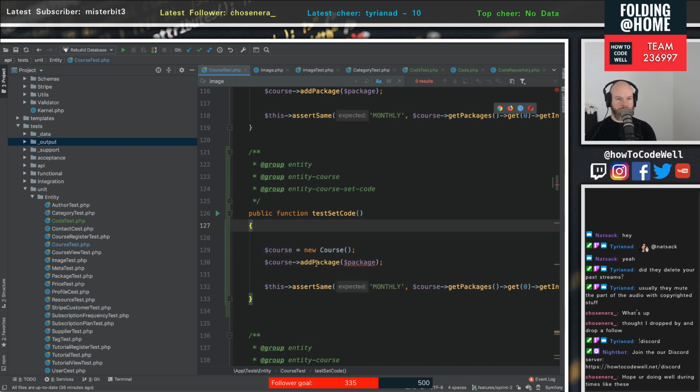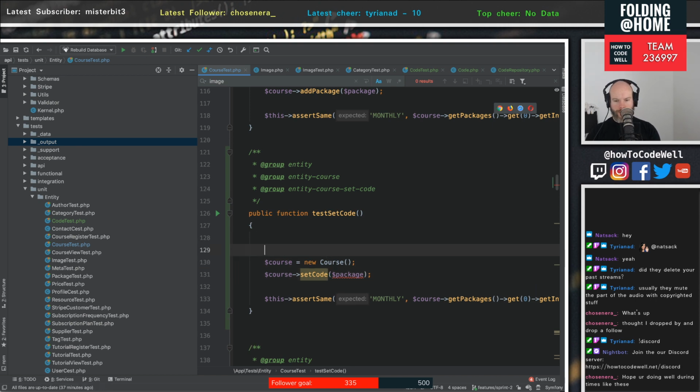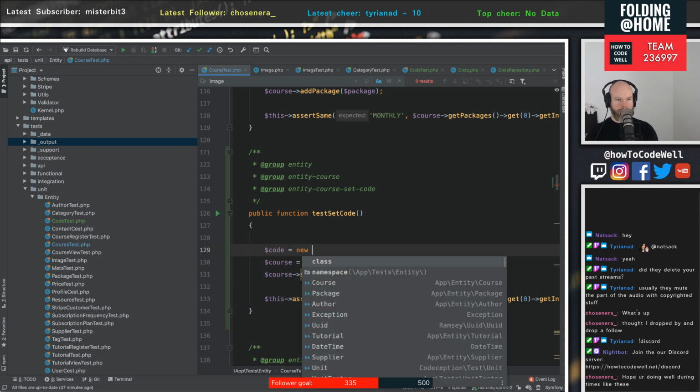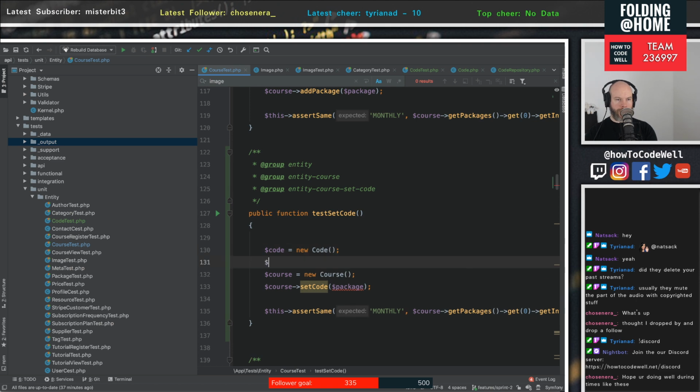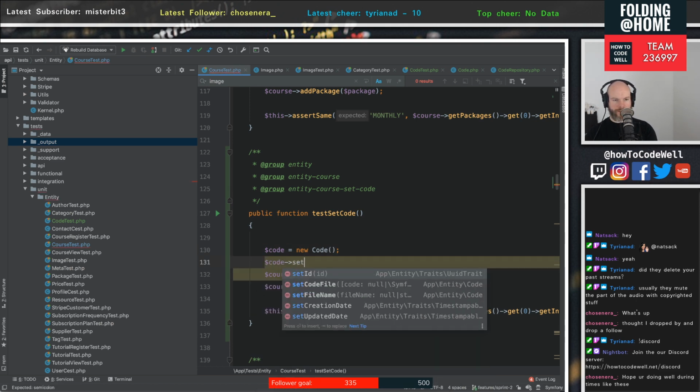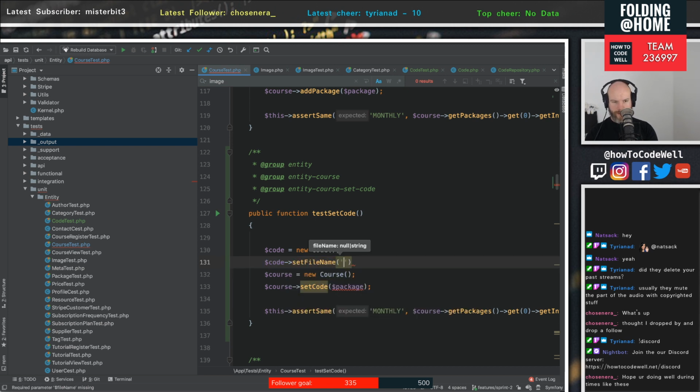So we instantiate a new course. We want to do set code, and we want to go code is equal to new code. Set file name, and let's just do code.zip. And then we set that to here, and we want to make sure that this asserts the same. So if we do code.zip on this one,